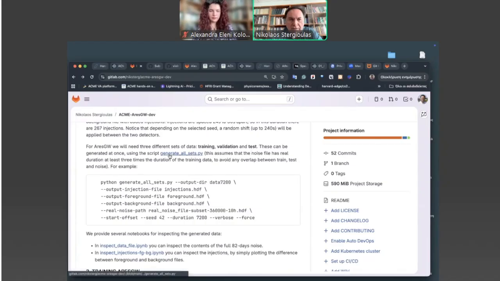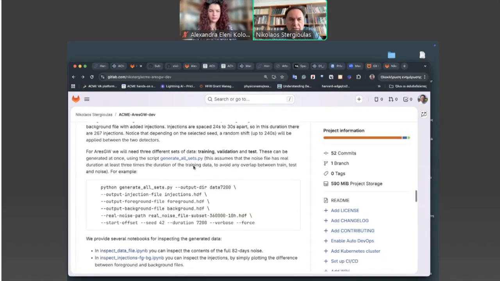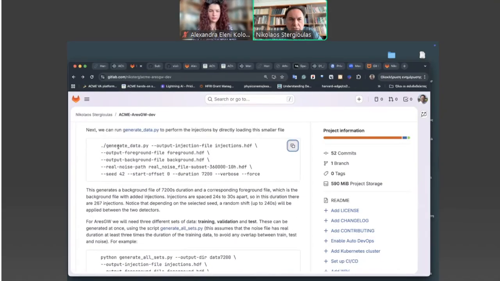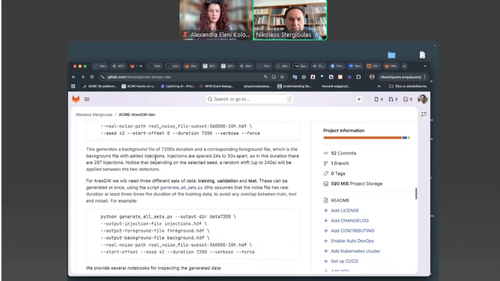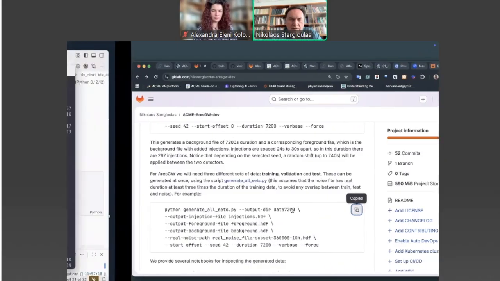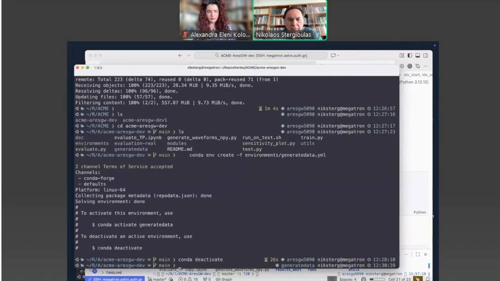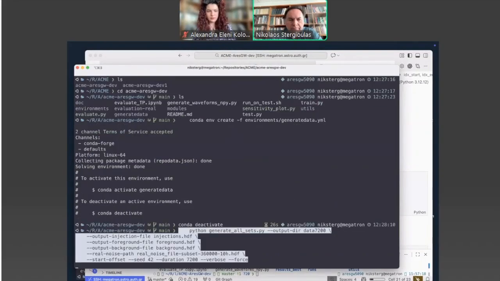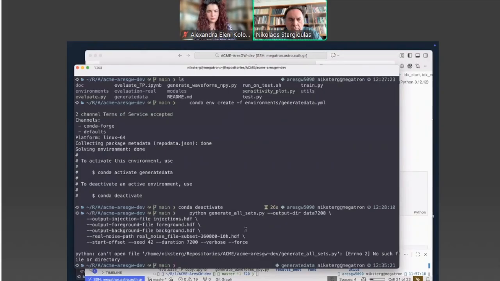So here we provide another script, generate all sets.py, that basically calls generate data.py 3 times and creates all required files with one run. So let's do this now.